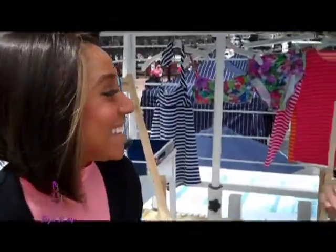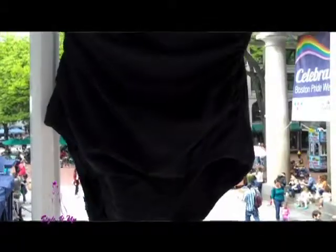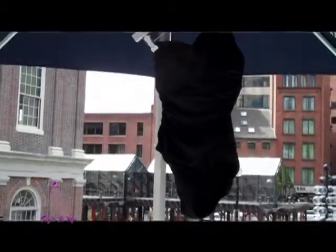Everyone knows about the LBD, right? So you have to have that in your closet. You also must have an LBS, your little black suit. This is your go-to piece that's glamorous and you're going to look beautiful, and black is always slimming and perfect. So those are sort of the three main pieces that I would say to focus on in terms of trend,